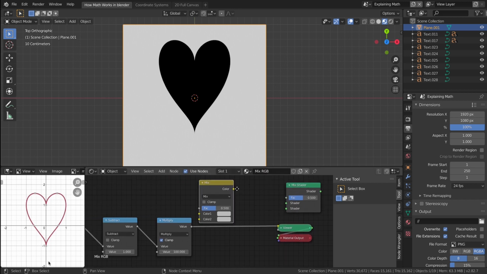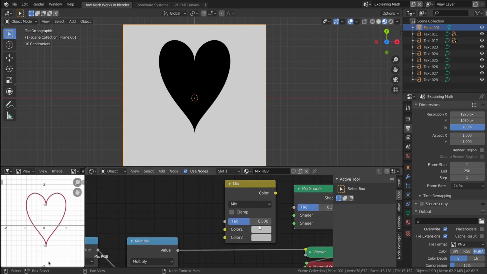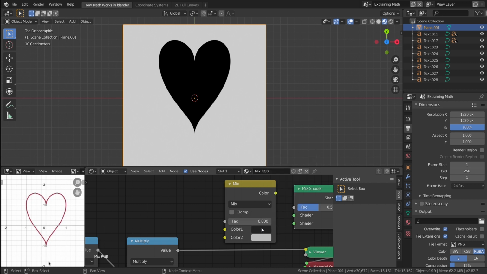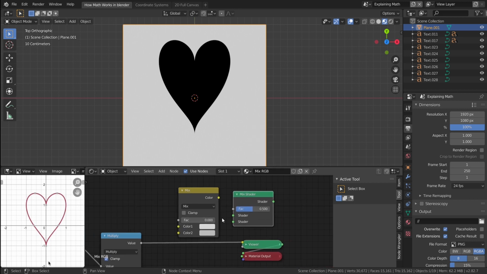Now let's talk about masking. A mask is a black and white image or a grayscale image that will be used to segregate the important aspects of the material. It's mostly used as the factor in Mix RGB and Mix Shaders. If we give a black image to the factor, it means the factor is equal to 0, because black is equal to 0 according to Blender terms, which means it will take 100% of the color on the top, or the top shader in the Mix Shader node.